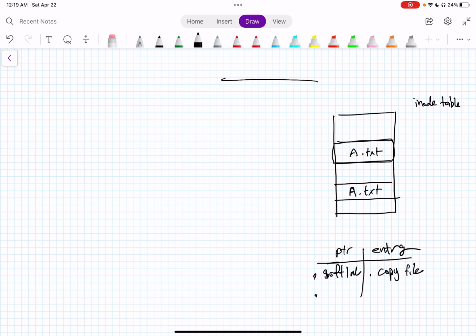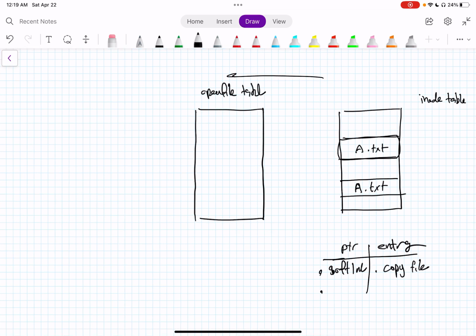Now we move back to the OS level, from the desk to the OS. So the OS kernel will have something called the open file table. Okay, and we have any file that you open. Now let's just do this: the pointers to it and entries. Okay, so the only way to get another entry here, let's say you want to get an entry for A,